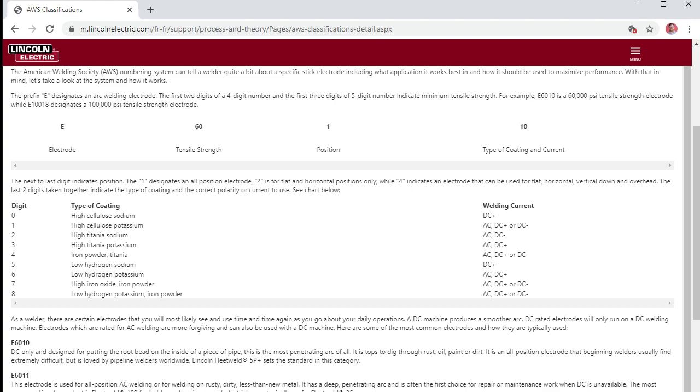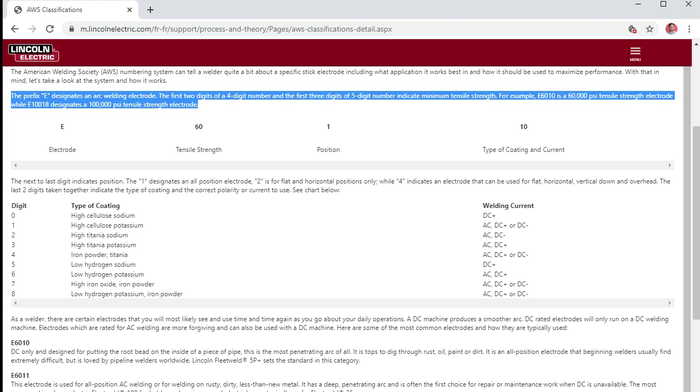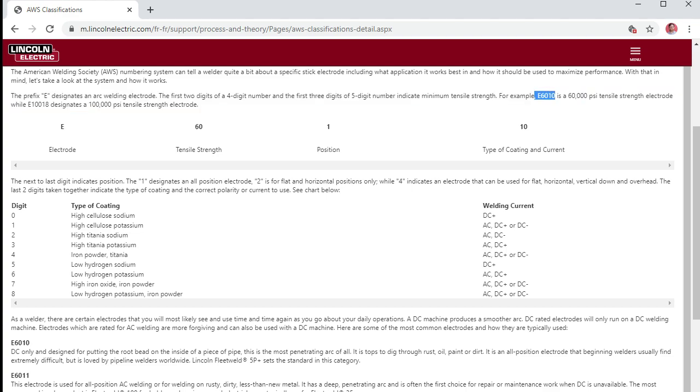So for example, if you were to go to a store that sold welding supplies like Northern Tool or Home Depot or Lowe's, you could find a pretty common stick would be an E6010. The 60 is 60,000 psi, which is a little over 400 megapascals,